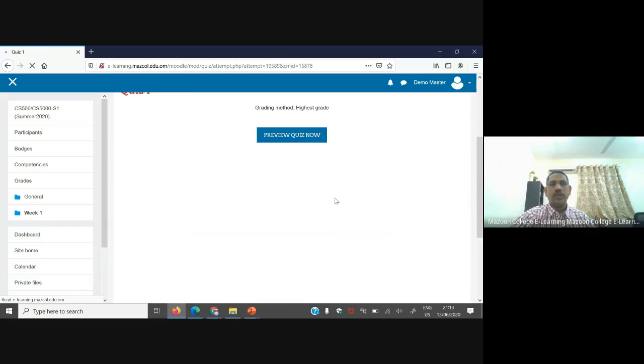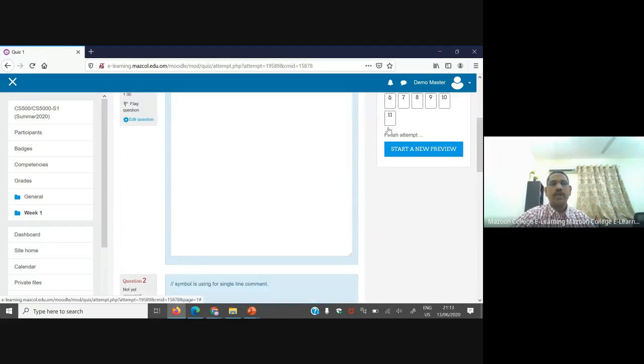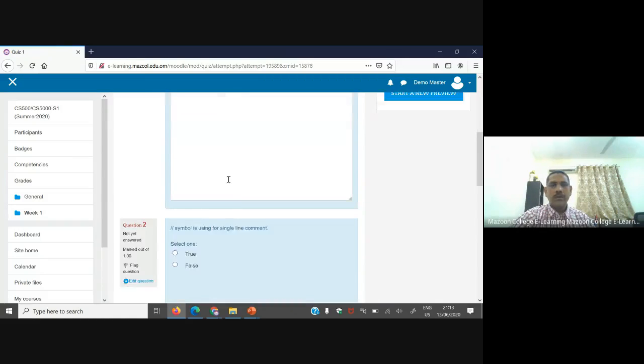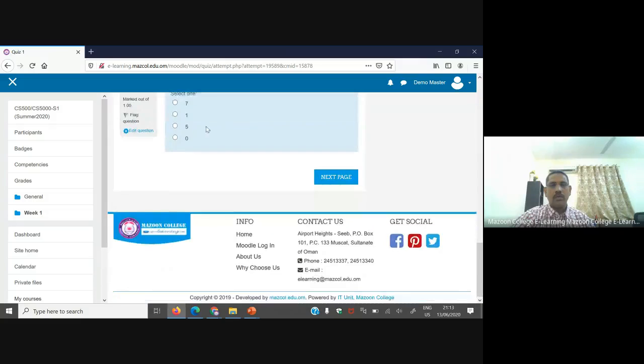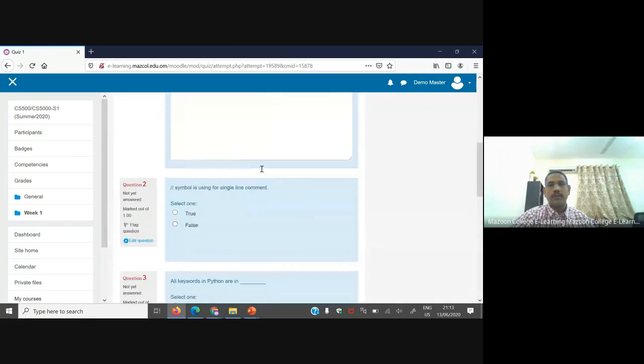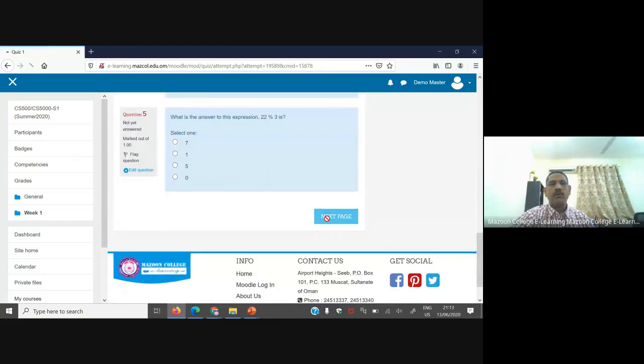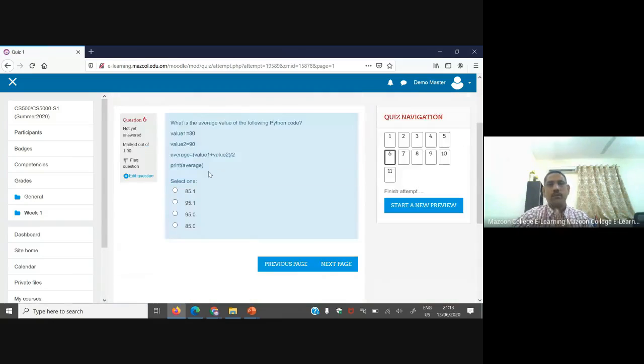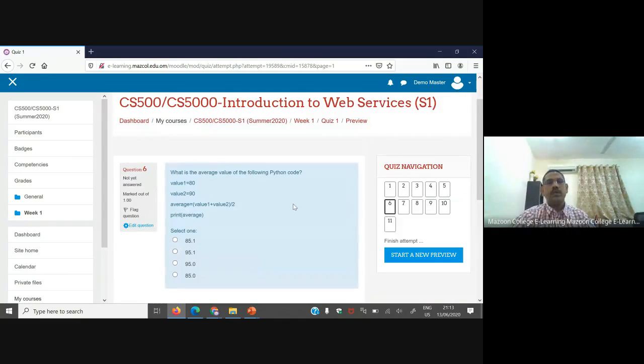Preview questions, see, we have 11 questions. Here, see one, now all these are the questions. In total 5 questions we kept on one page, then go to the next page, and one question we kept on one page, so it will go page by page. So this is the way we can transfer the file from one teacher to another teacher,